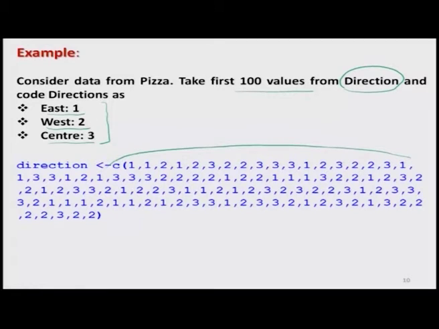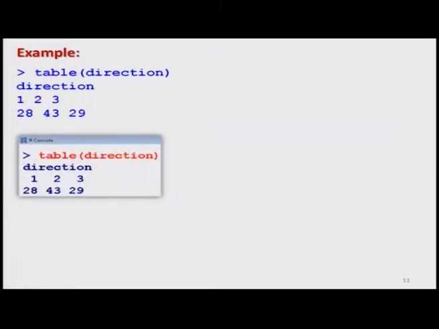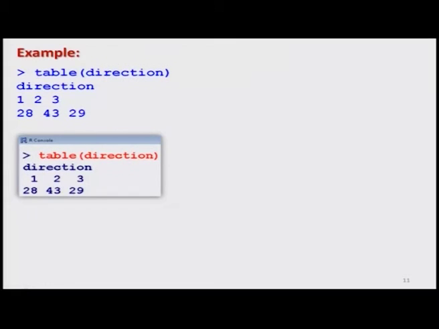So, what we have done here is we have taken the first 100 values from this variable, and we have stored it in the variable direction. Now we try to find out the absolute and relative frequencies of this variable direction, and for that we use the function table with the variable direction, and as soon as you enter you get this type of outcome.